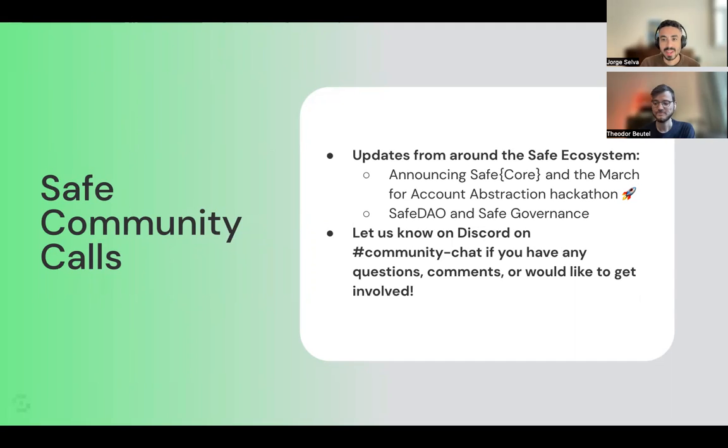So today we have a pretty exciting couple announcements to make. The first one being the launch of Safe Core, and also the March for Account Abstraction Hackathon that some of you might have seen on social media. Also, if you're at ETH Denver, we might have spoken to a few of you about this, so we'll give you some more details and let you know what we're excited to see people build on top of the new Safe Core stack. And then finally, Theo, who's also on the call, will speak on a few updates from SafeDAO